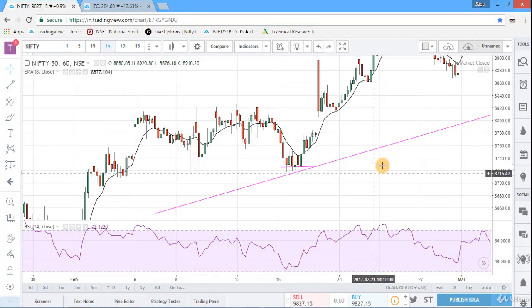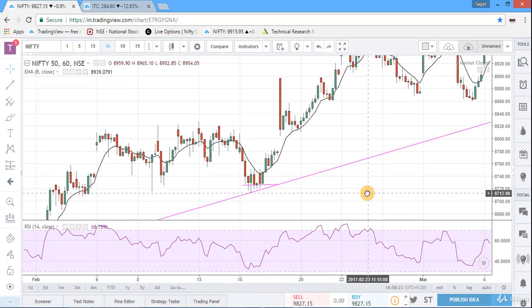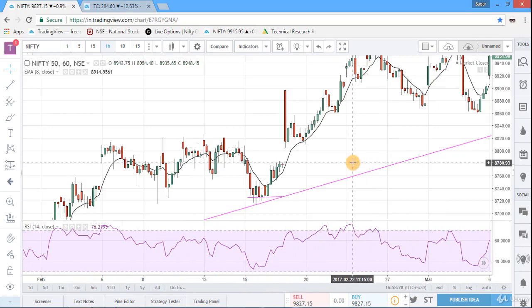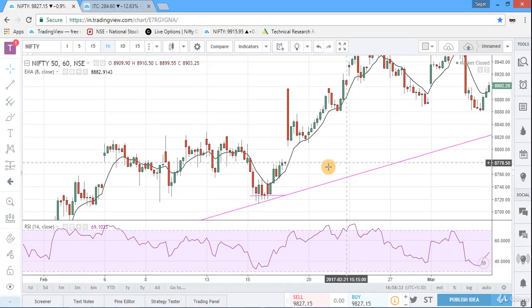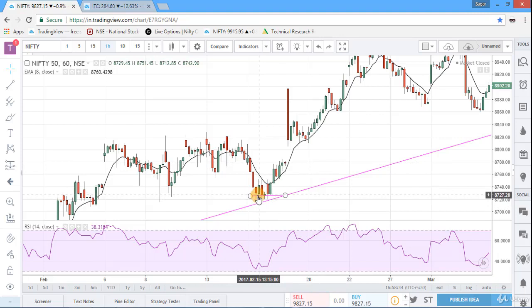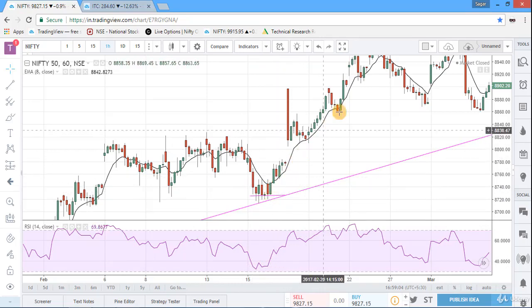This is an hourly chart and now we will see how divergence tells us when to exit or when to take our position. Now see, we will start from here. Prices, these are the 1, 2, 3, 4, 5, 6 candles. The prices are at the same level for 6 hours, but from this point to this level, RSI gives us a positive divergence. RSI is in an upward direction. So we get a signal that the market will rise now. And you can see prices rise and they move in an uptrend.